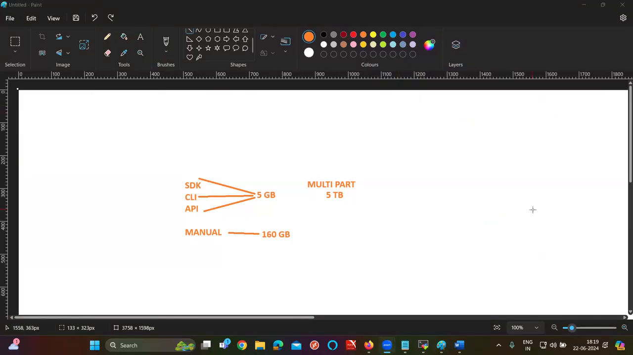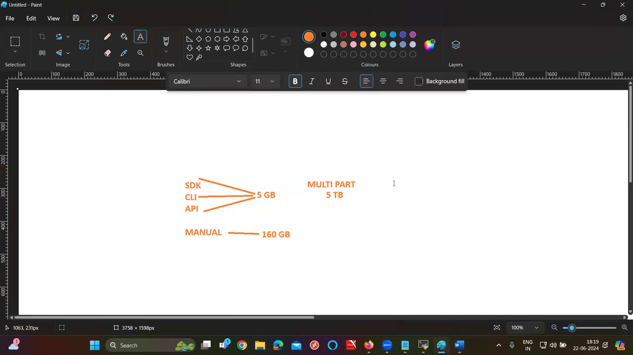Since the uploading options are clear for all of you: up to 5 GB, we can use SDK, CLI, API. From 5 to 160, manual uploading. If it is more than 160 GB up to 5 terabytes, we can use multi-part upload. But sir, while uploading 5 terabytes, by default it is going to be a very slow process. Why? Because 5 terabytes means very big data. So if you want to speed up this process, we can use something called